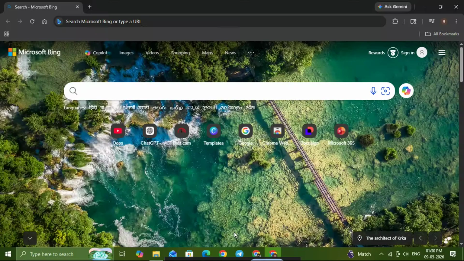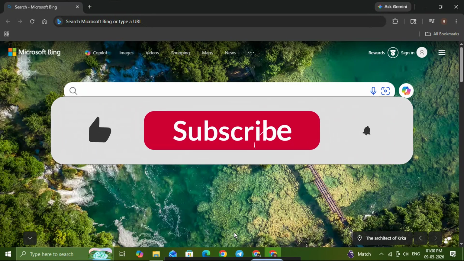In today's video, I'm going to show you how to remove Bing from Google Chrome on Windows and Mac and switch everything back to Google so your searches and browser defaults feel normal again. This is a super simple fix, but if Bing has taken over your Chrome search engine, it can be frustrating every time you open a new tab and start typing. The good news is you can change it in just a few clicks, and I'll walk you through the exact